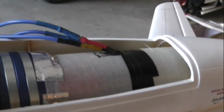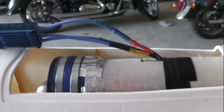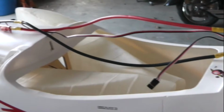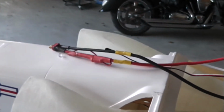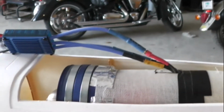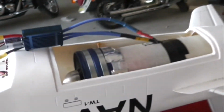Now would be the time to determine whether to slide this EDF forward or back, depending on how far you can get there for CG purposes. But it was so far from a completed mock-up. I'm just gonna go with my best guess, and since I'm going with 9S, I know I'm going with a little heavier pack than 6, so I'm gonna go all the way back. I'm gonna go back as far as I can for weight in the rear